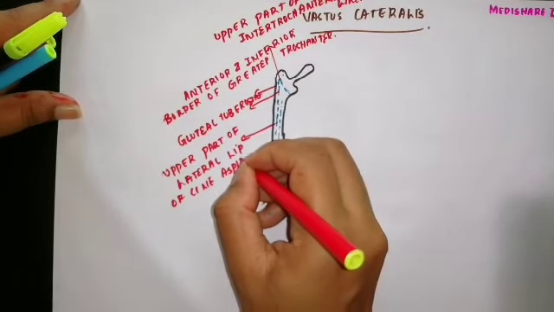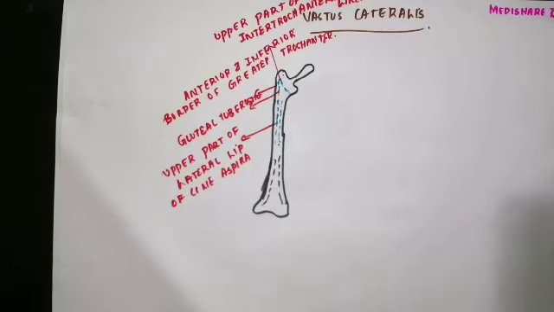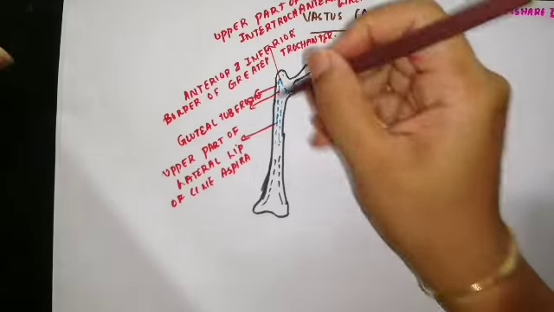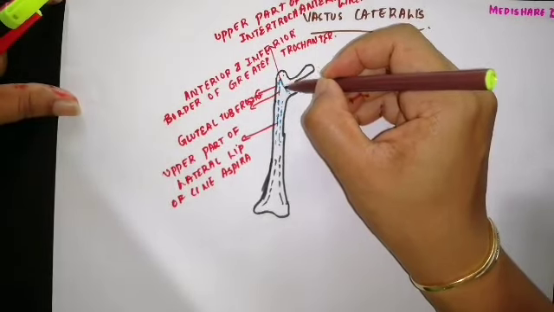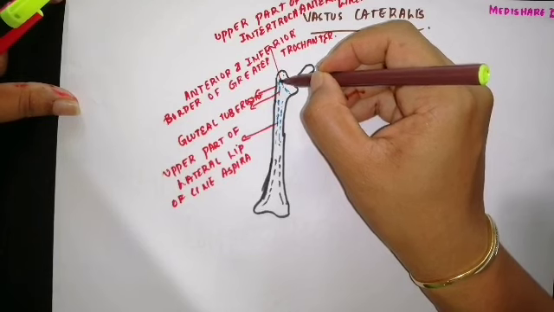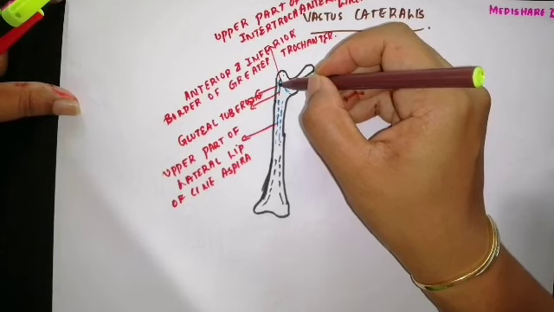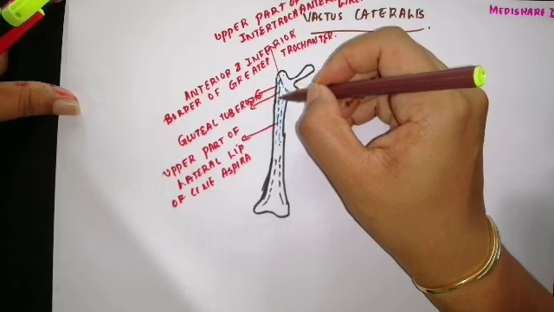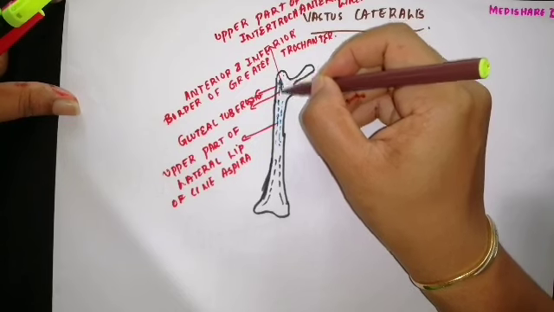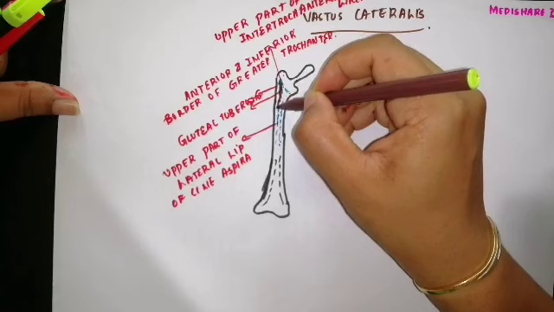So these are all the regions of origin of this muscle: intertrochanteric line, greater trochanter, anterior and inferior border of greater trochanter, gluteal tuberosity, lateral lip of linea aspera. So it arises like this,